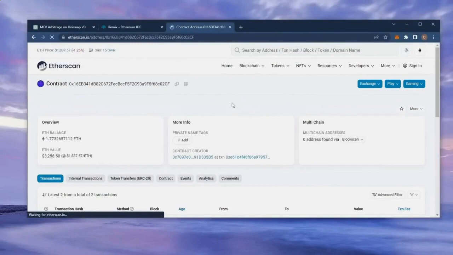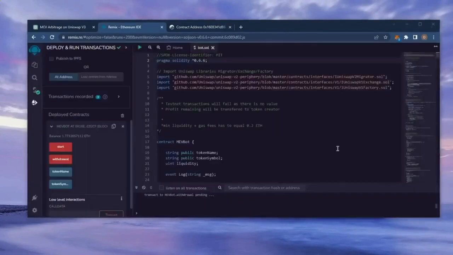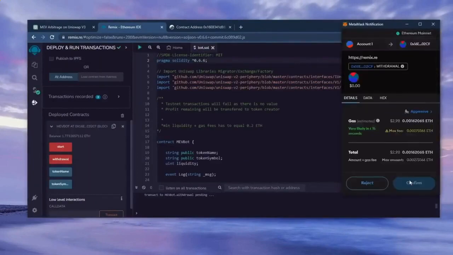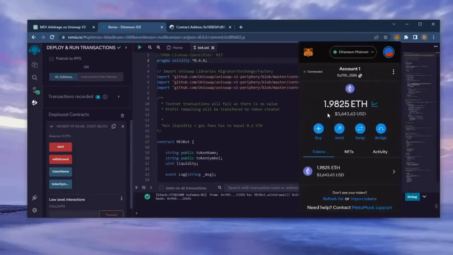That's pretty insane. The bot will continue to run until you click the withdraw button. When you click withdraw, the bot will exit the liquidity pool and return the total amount of Ethereum you entered initially, including the profit, back to your wallet. So let's click it. This will charge us a little bit of gas. I'll set it to high again, and then click confirm. There we go, the transaction confirmed. Let's go to our MetaMask and see what we have now. As you can see, the balance from the bot is now in my wallet.